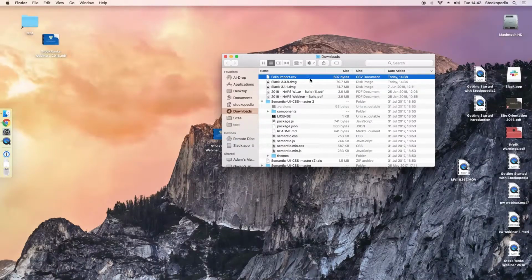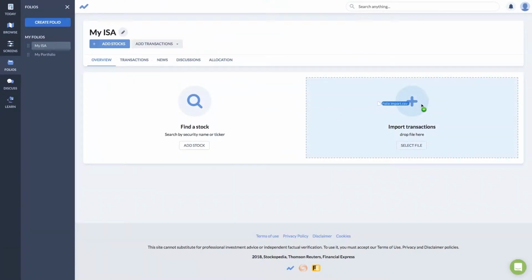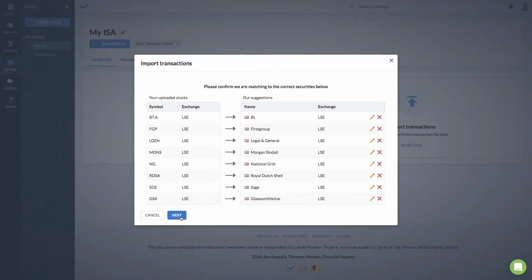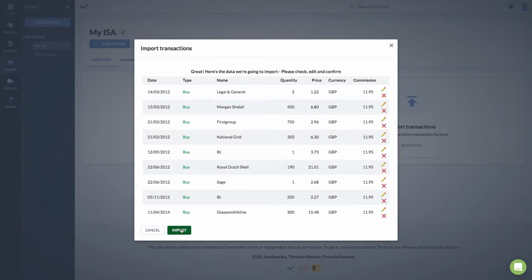Now we take CSVs and other import options, and I'm going to use that just to accelerate the process. So you drag in a CSV into the utility, and you can see all the columns get automatically matched across your ticker symbols, the dates, the number of shares you have, etc. On your brokerage, you should have an export function that generates a list like this. And I will show you, if you click next, we match the securities, and then we import it with just